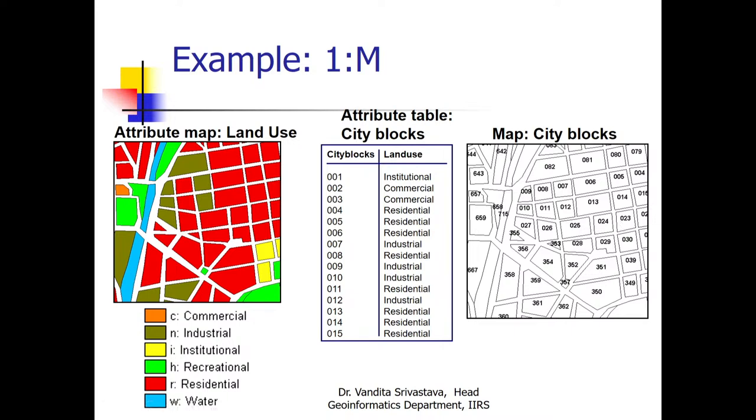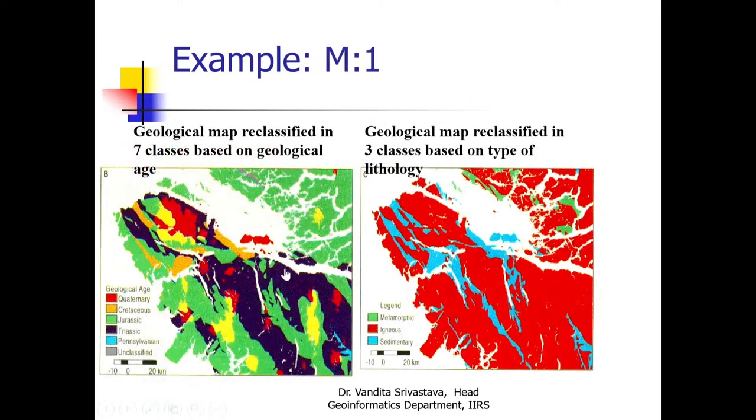Now this is an example of less number of classes to more number of classes. Each city block ID here is a class. So this is an example of one to many classification. Similarly, if you have more number of classes in the input and less number of classes in the output, in this example geological map which was classified into 7 classes is now classified based upon lithology only into 3 classes,